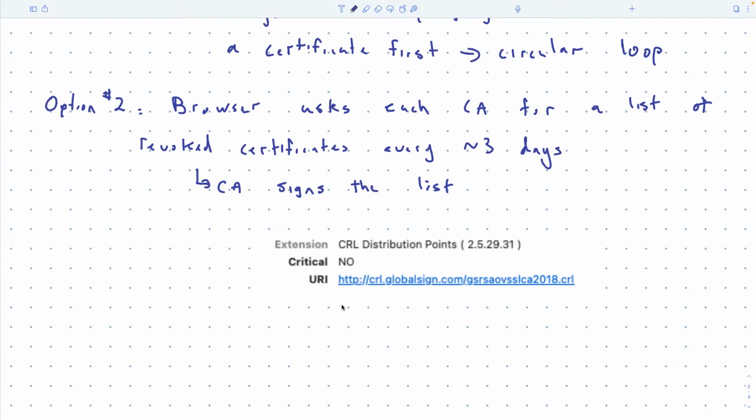Okay, so this is where you would go find it. It's basically a very similar URL, just has CRL instead of OCSP. Here, it's still going over HTTP, so that's kind of problematic. But the point is that this file itself will be signed. So there will be a signature on the data itself. That sort of protects against this.